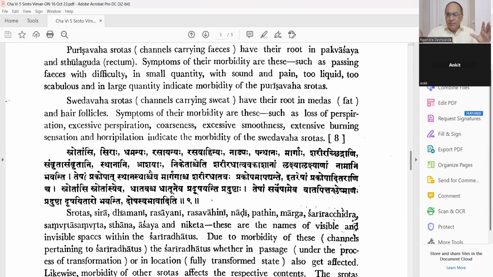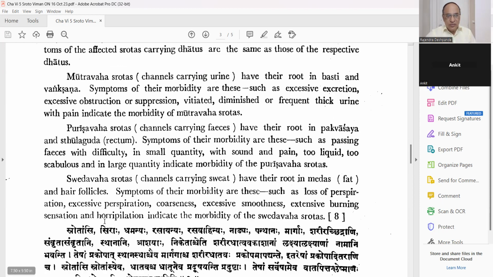Learn by heart. Learn it completely, it will benefit you. Very important, because when you do the examination of the patient, you will have to check each and every Srotas. In the examination, minimum one Srotas will be asked. In the Viva, in the practical, they will ask you what you know about the Pranavahasrotas, what you know about Annavahasrotas. So you must know all these things.